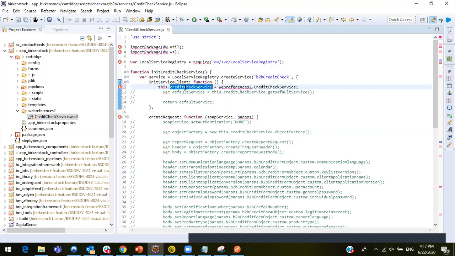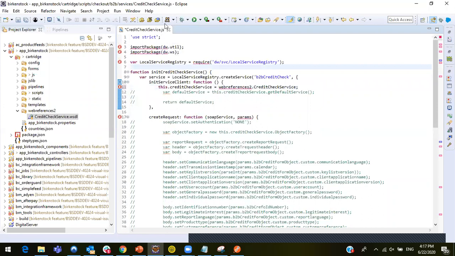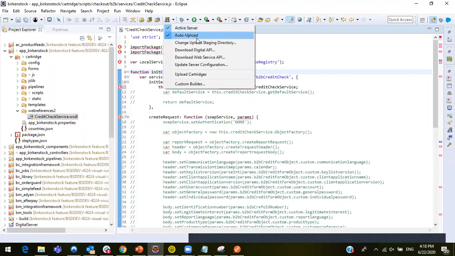Now the question is, before I start implementation, I mentioned that we need to know our Java classes. How could we get some documentation, because it's hard to read the WSDL and I need to deal with the Java methods and Java classes? How can I generate these methods? In Eclipse through UX Studio, if you go to this icon, the digital server, click on the arrow, then download web service API,